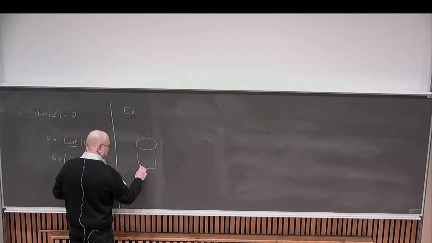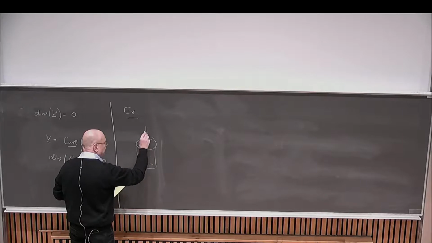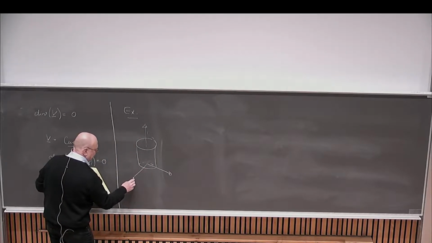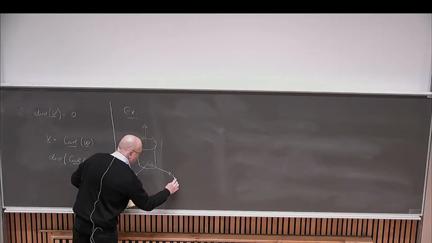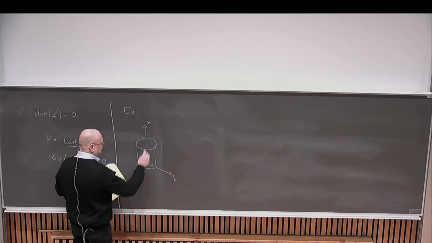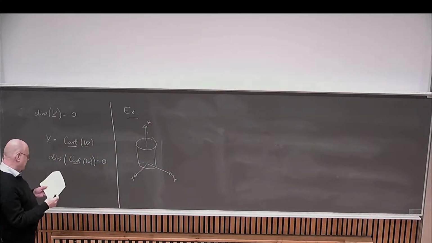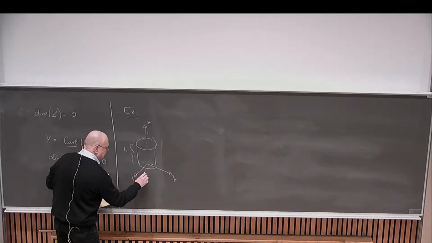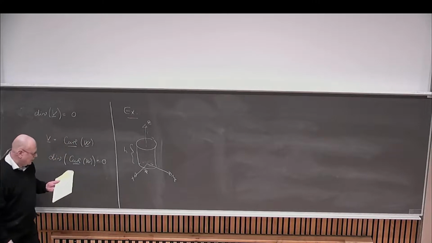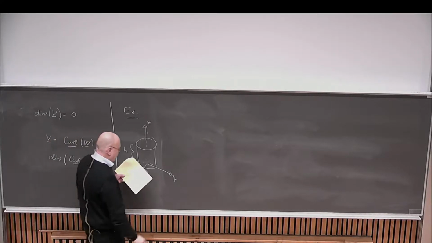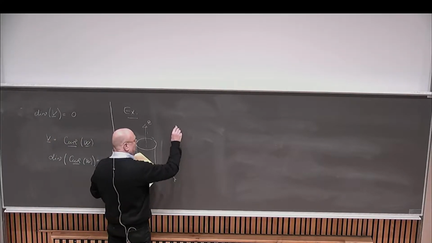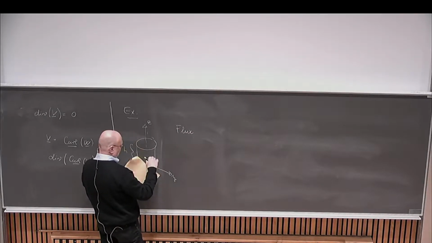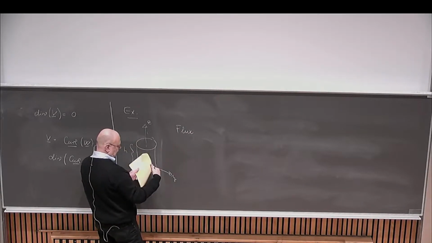I've seen it a couple of times now, but here you have your cylinder, X, Y, and Z, and you have the height H and the radius R. Now, if I look at the flux out of this cylinder,